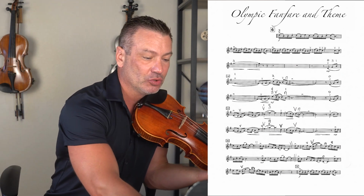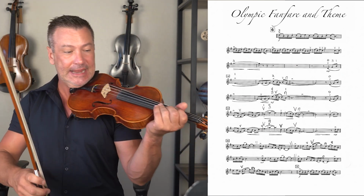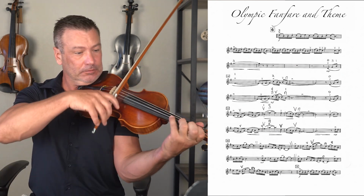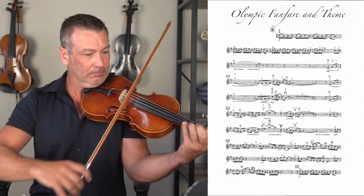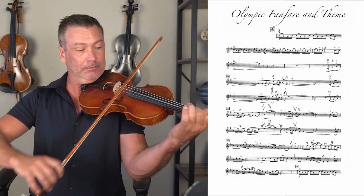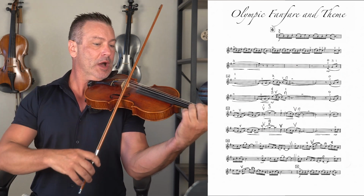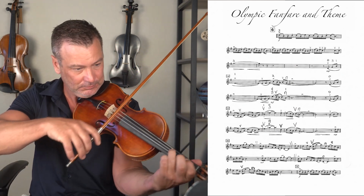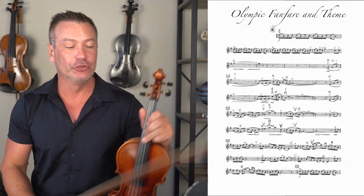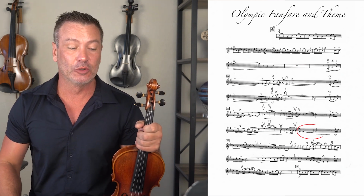So starting in measure 22, now you look at my bow and you'll see how it's planned out. So now middle of the bow, to the frog, 1, 2, now we're at the tip. 1, 1, 2, 3, okay? And you'll notice where I just stopped, I have a half note followed by a dotted